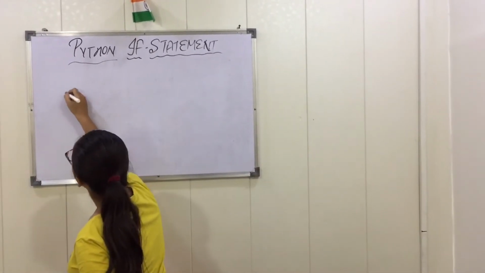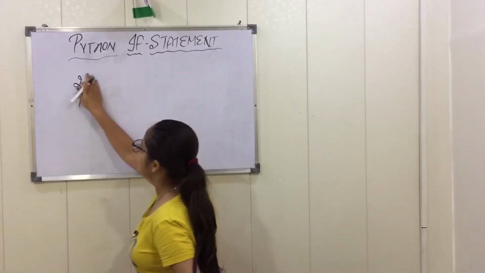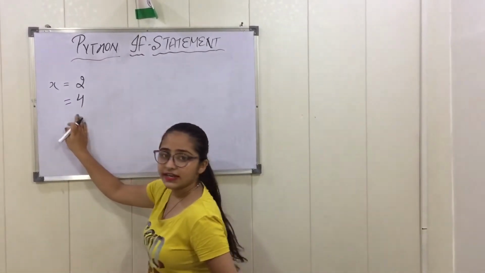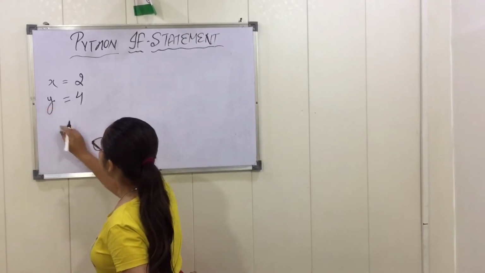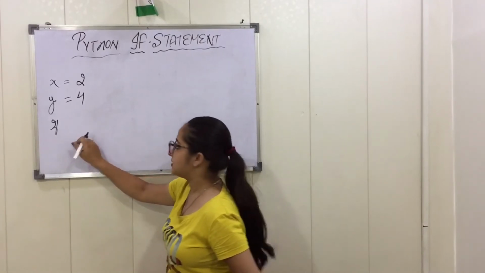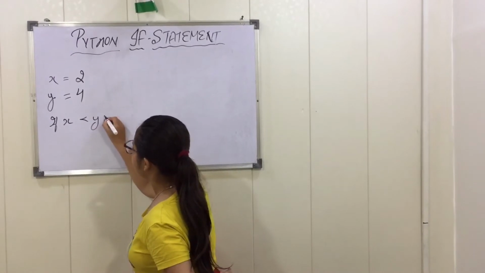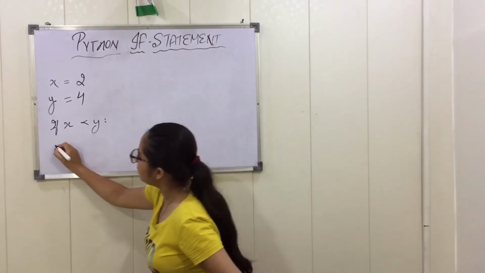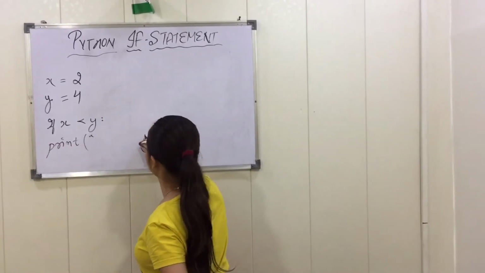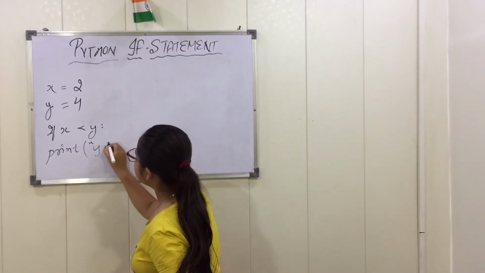First of all, I am taking the value 2, and the second value is 4. Suppose I am giving these to variables: the first variable is x and the second one is y. Now I will put the conditional if statement, in which I am asking: if my x's value is less than the value of y, then colon, then print. I'll use a print function to get the output, in which I am asking that if this condition is true, then print that y is greater.